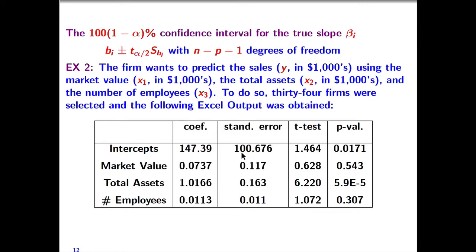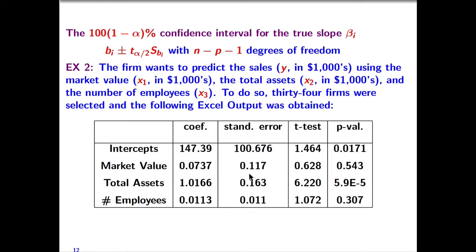We have 100.676, that's our SB0, 0.117, that's our SB1, 0.163, that's our SB2, and 0.011, that's our SB3. And the t-test, that's our test statistic, for the intercept is